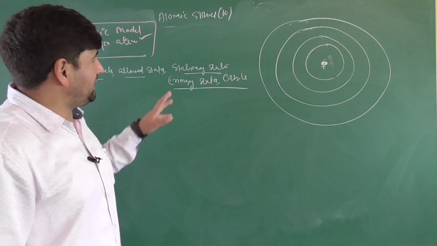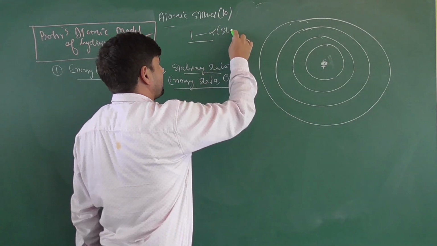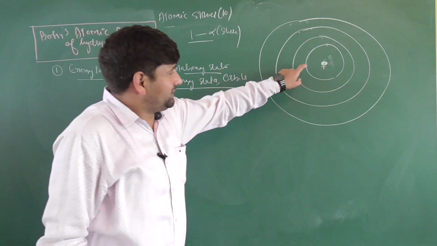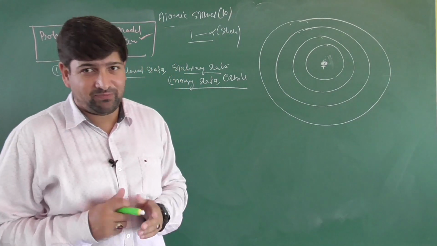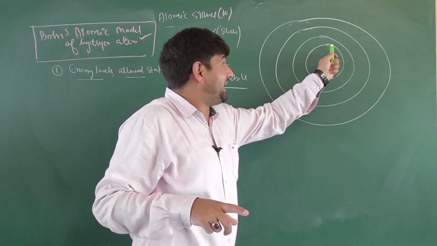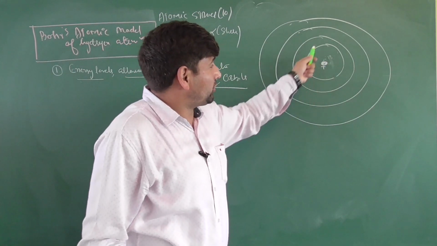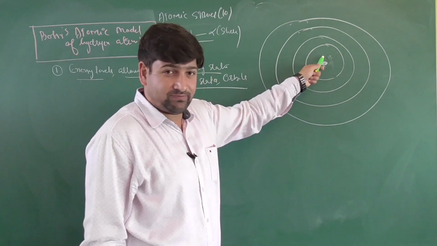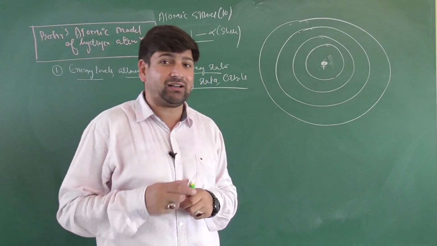We have already mentioned that in an atom, according to principal quantum mechanics, we can have 1 to infinite number of shells. So electrons are rotating around the nucleus in the regions called orbits, wherein the energy of the electron is fixed. Rutherford's drawback was that when the electron keeps rotating around the nucleus, it will lose energy. But Bohr said, no doubt electrons are rotating around the nucleus, but they have their source of energy present in the atom only.